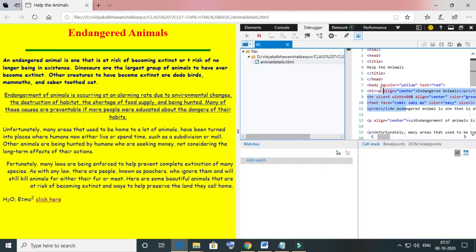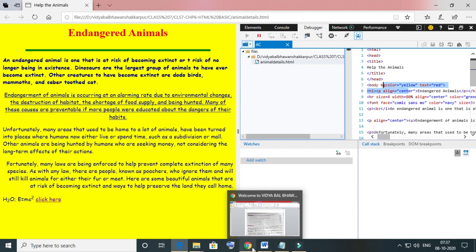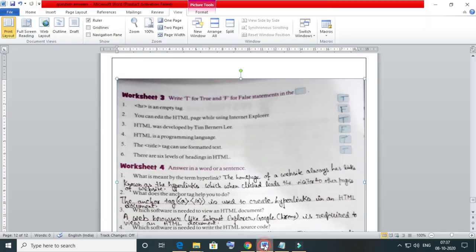Here you can see the source code of that particular web page, but we are not able to edit them. Just try it, delete. So we cannot edit the source code. In any of the web browsers, we can only see, we cannot edit. So you can edit HTML page while using Internet Explorer: False. And third, HTML was developed by Tim Berners-Lee.